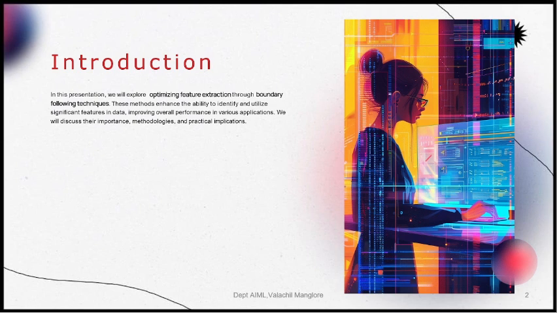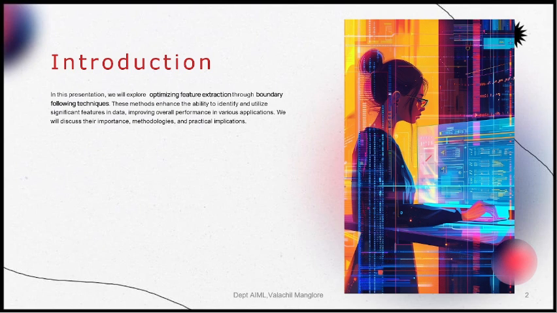First one, boundary detection. Boundary detection is the first step, which involves detecting edges or boundaries using edge detection algorithms like Sobel, Canny, or Prewitt's gradient-based methods, to identify rapid intensity changes and threshold to separate the object from the background. The detected edges form the foundation of boundary following.